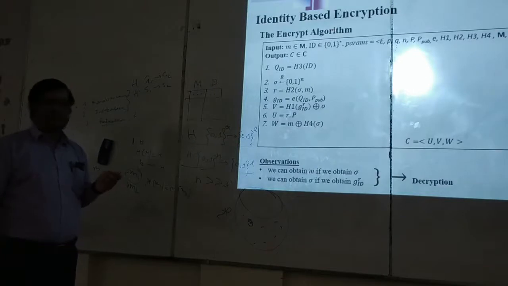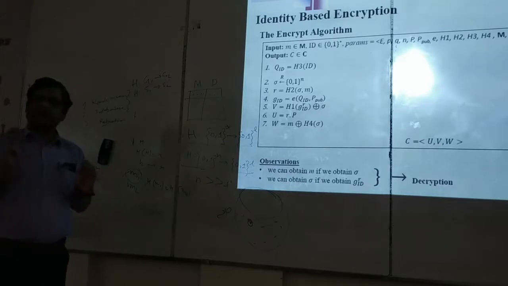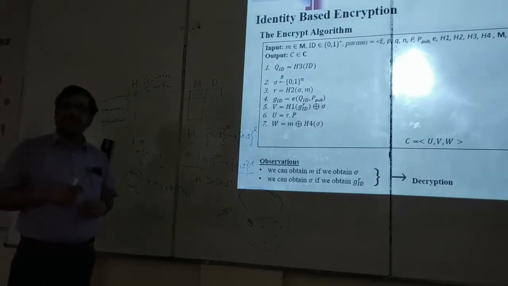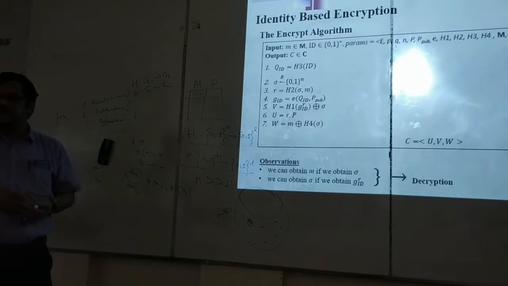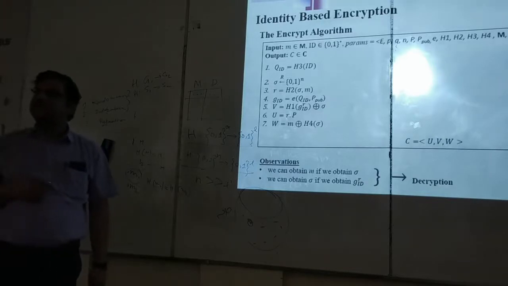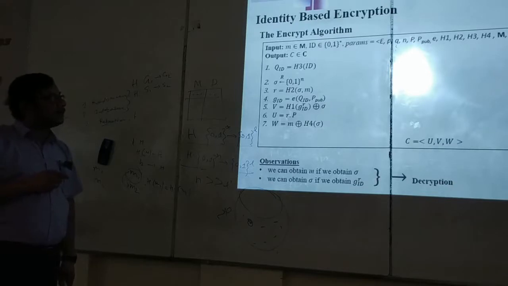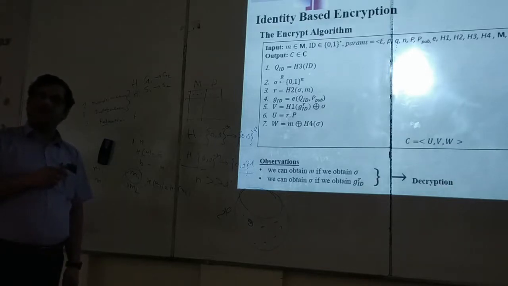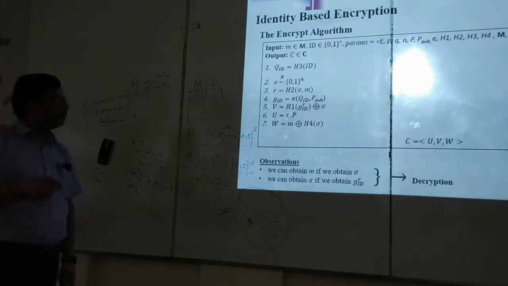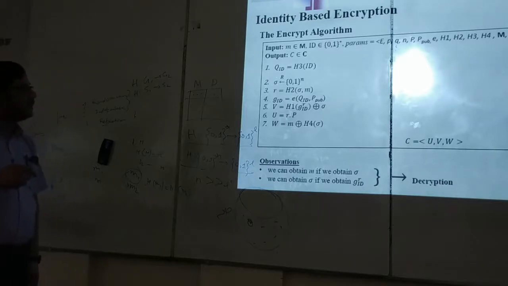Now, here we do not need any private key or master secret because this is only an encryption. See the steps. Again, don't worry about the complexity of the steps, you don't need to remember them, but you have to understand them. How is it working? The first step is the same thing actually: mapping the identity to a unique point in the elliptic curve, Q_ID. Then, what is the meaning of this actually?